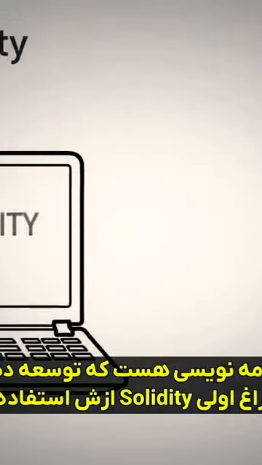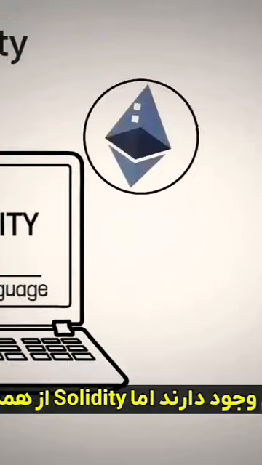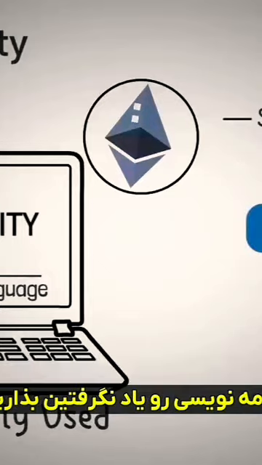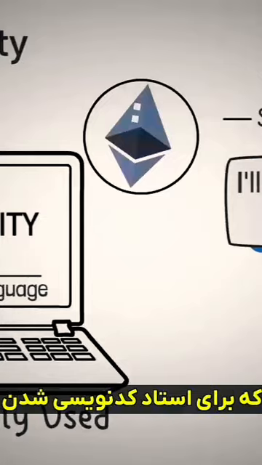So first things first, Solidity is the programming language that Ethereum developers use. Technically, there are other languages, but Solidity is the one that's most used. It's actually very simple, and if you've already learned a language like Python or JavaScript, you'll probably pick it up pretty easily. If you haven't already learned a programming language, let me give you a free lesson of 80% of the things that you'll need to master to code anything that you want.